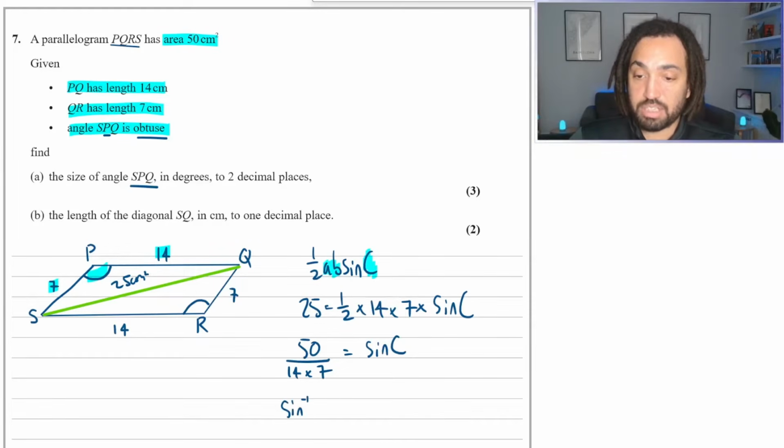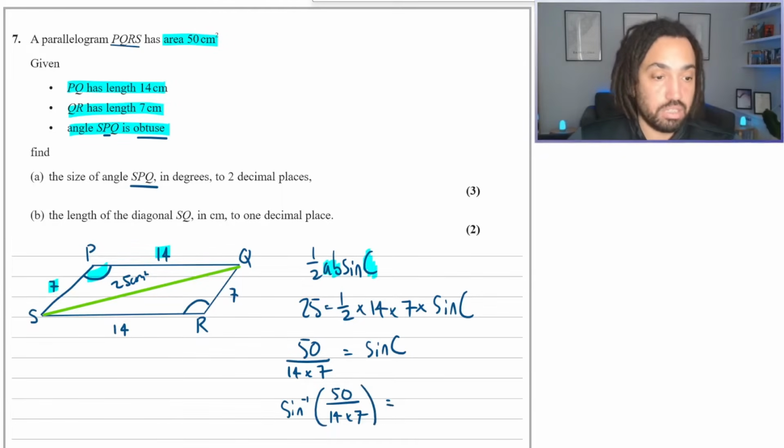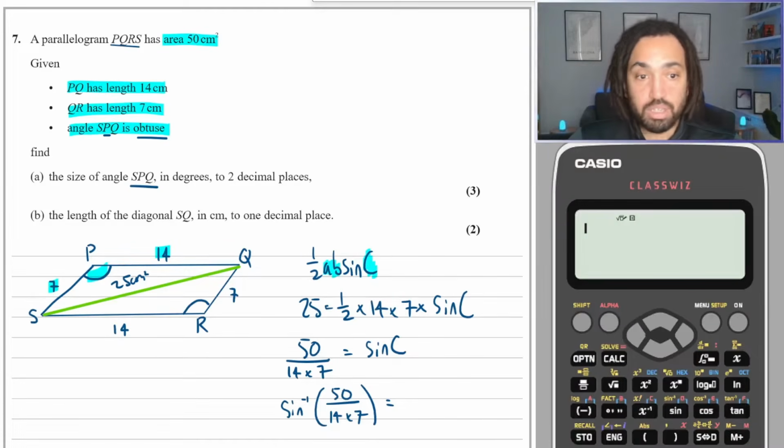So I need to do sine to the -1 of 50 over 14 times 7. And that's going to give me my answer. So calculator, up you come. In degree mode, checking, yes it is. Sine to the -1 of 50 over 14 times 7. And that is equal to